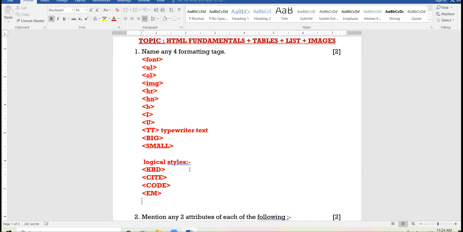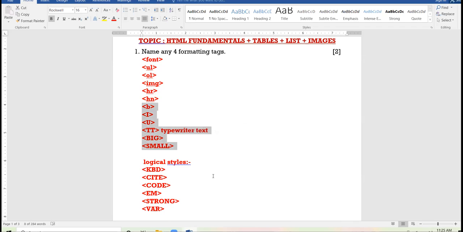Then you have the strong tag, when you strongly want to emphasize something. This also displays the output in italic form, right? Then you have var, when you want to display any variables. So these are the logical styles of HTML, and these are the physical styles of HTML. Am I clear with it?